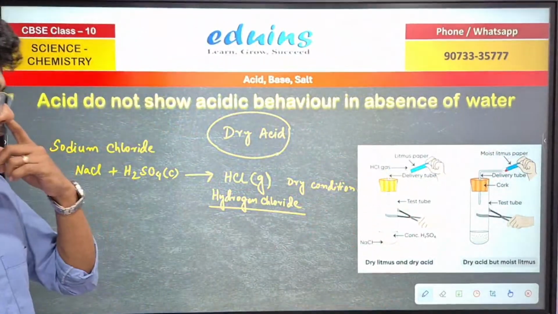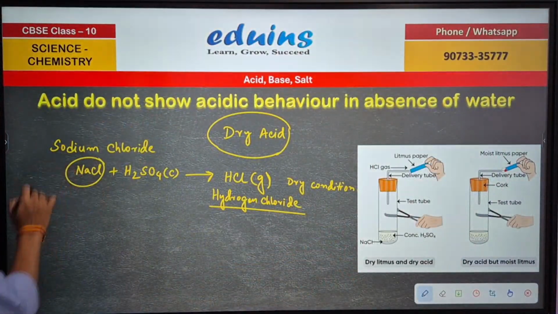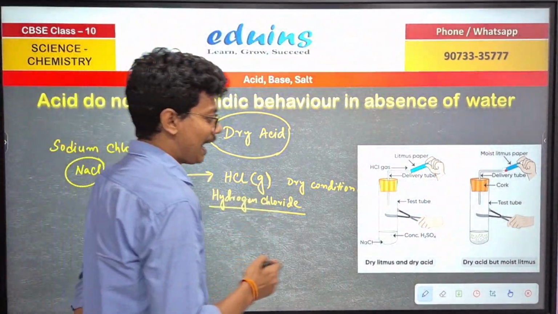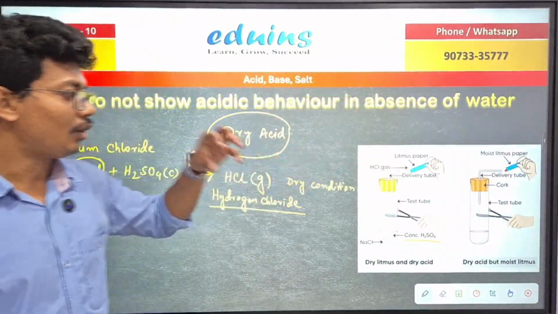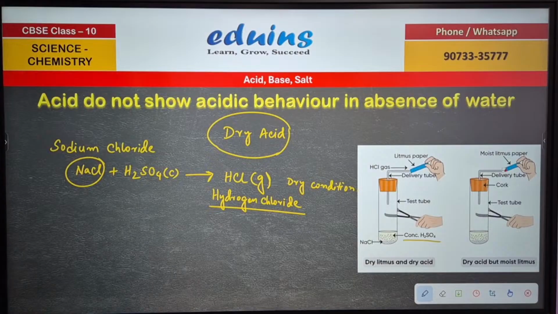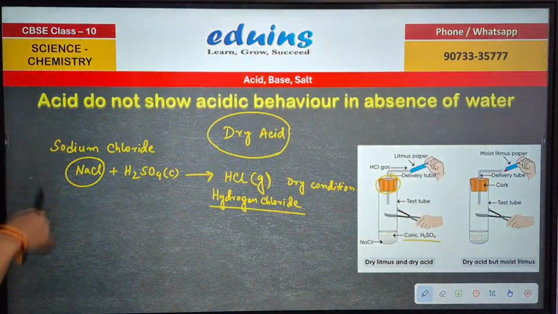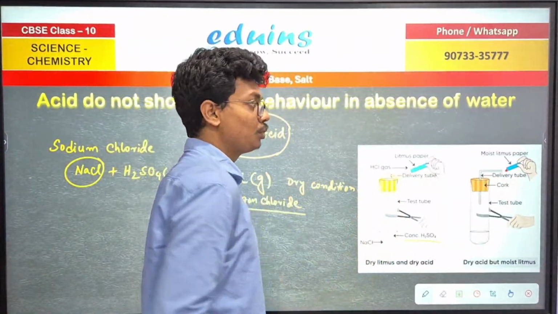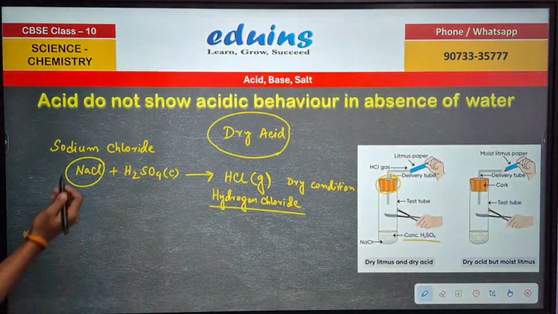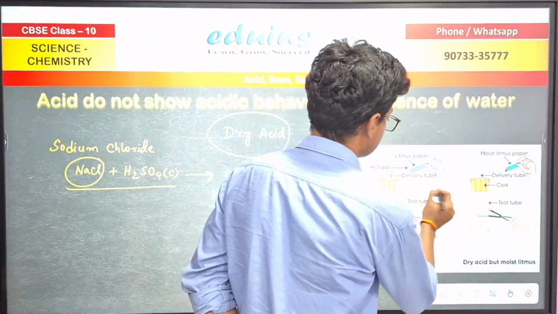In the test tube, we have taken the concentrated H2SO4 and NaCl. First of all, we will take the NaCl and then slowly add the concentrated H2SO4. Then we will fit a cork in the test tube mouth and adjust a delivery tube. After that, the HCl gas, that is hydrogen chloride gas, will be produced by the reaction of NaCl and H2SO4 and it will release by this delivery tube.